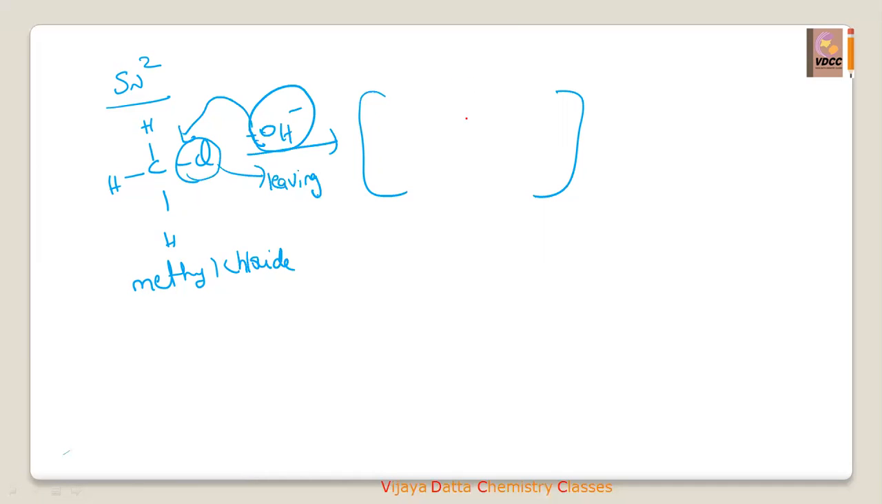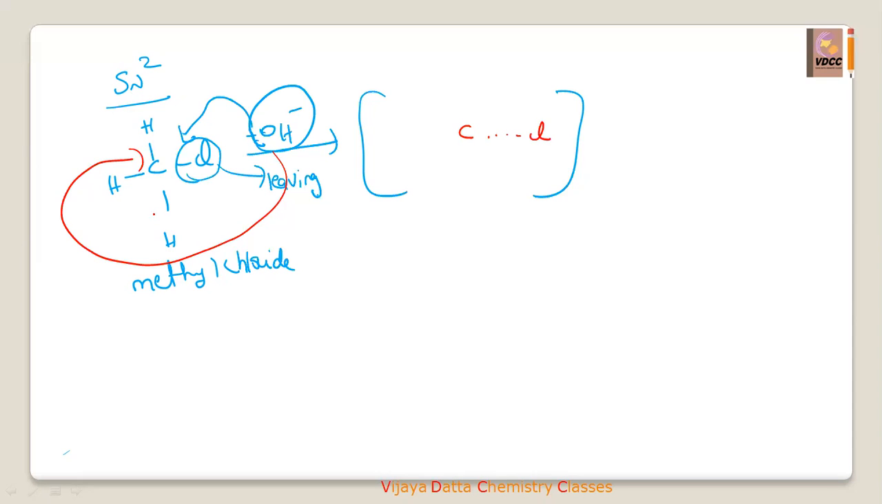So simply I'll write, see here, the C-Cl bond should break, so I'll represent it with dotted lines, C-Cl. Now OH should attack. Now that OH will attack from the backside of the carbon. So because